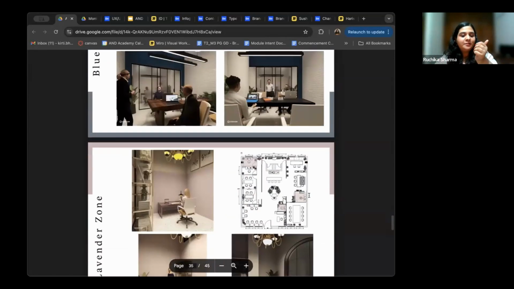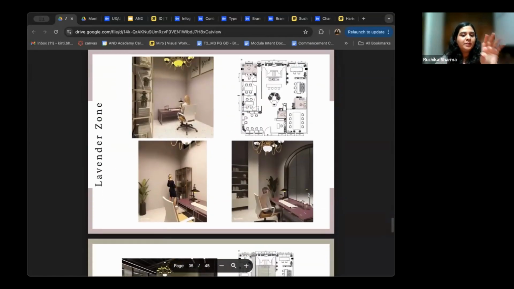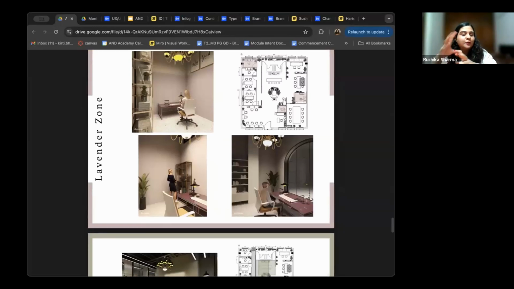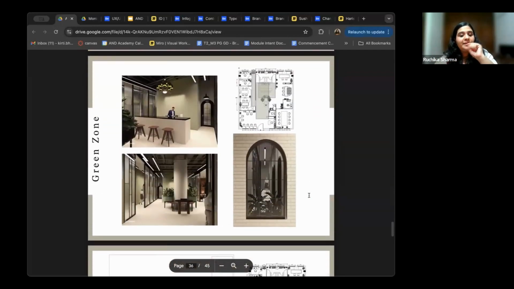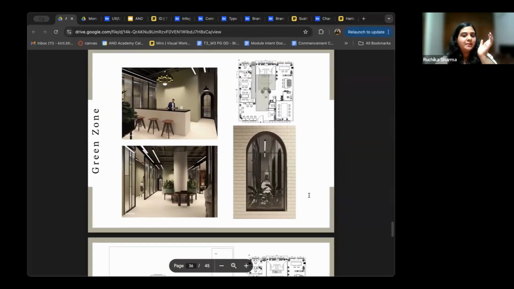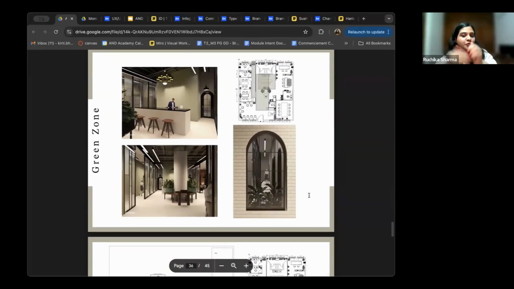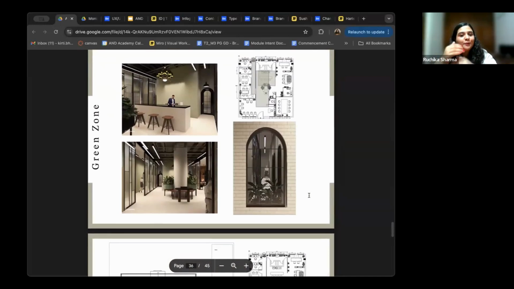Let's go lower. This is the zoning. So the lavender zone is for the women, the blue zone is for the men. This is how the zoning has been conducted, so everybody is comfortable while they're working. Let's go lower. Okay, the green zone is where the cafe is situated, which is right in the center. If you can see, this is a key plan on the side where you can actually point out where everything has been put within the plan itself. So circulation, activity mapping, all the things that they studied in the fundamentals can be seen being represented here. Let's go lower.